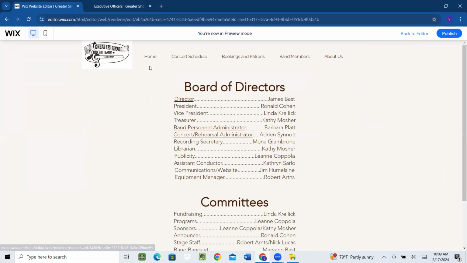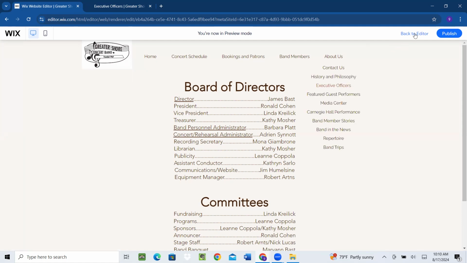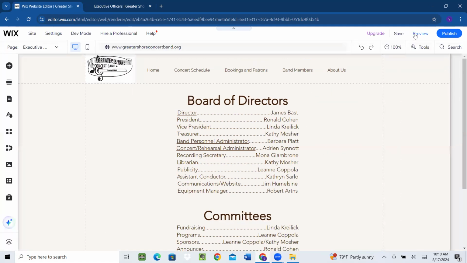And I'm going to go to the executive officers. I find it's easier to go in preview mode, hop to the page you wish to update to add new content. Now, I'm not going to start with adding a new page. What I'm going to first do is add the new executive board of director position. So I'm going to now hop into editor mode